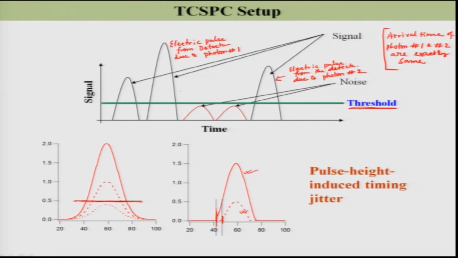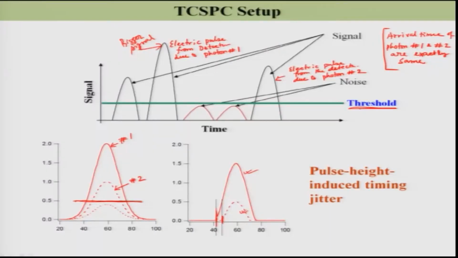So, I got a bigger signal for photon number 1, and a small signal in the case of photon number 2. This is number 1 and this is for number 2. So, if they arrived at the same time, then these two signals should reach the detector exactly at the same time,